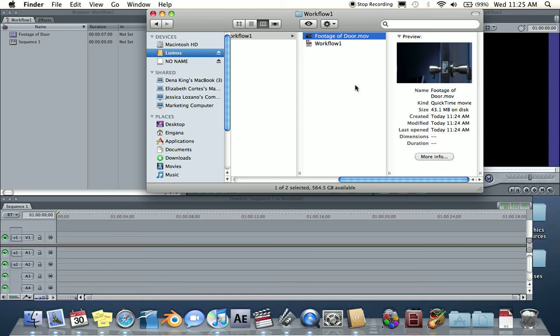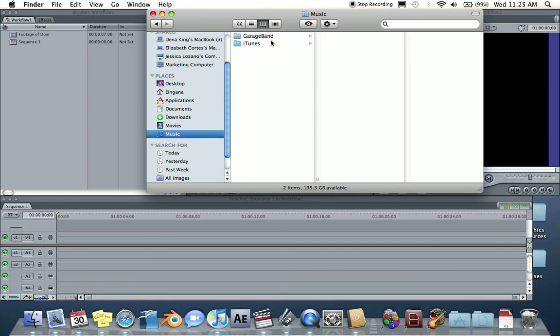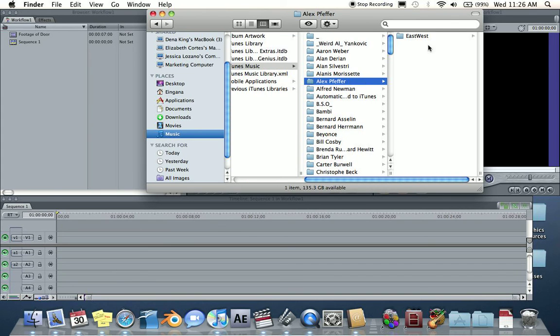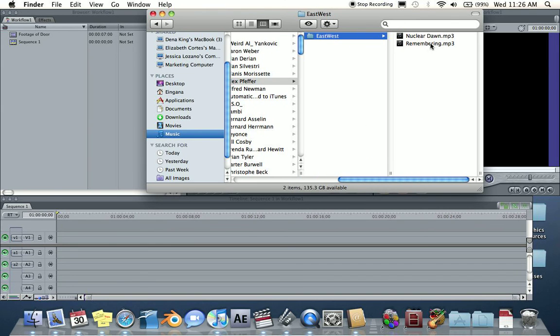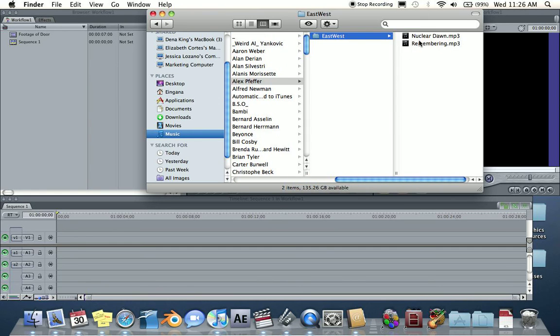So going along that same train of thought, for instance, if you were to download a song and you want to use it, what you wouldn't want to do is, say, go to music and drag something into your Final Cut project file, because that's just going to be referencing this file here, which is, wherever it is on your computer, in the music folder, on the desktop, wherever. What you do want to do is copy it